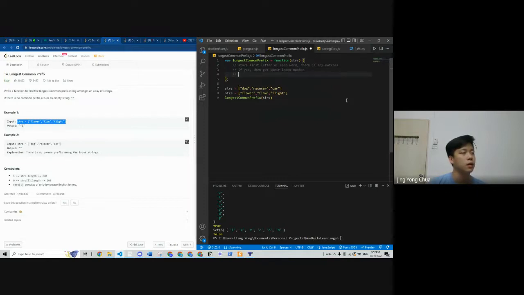And if yes, then what we should do is check for the second letter. If yes, store into solutions.